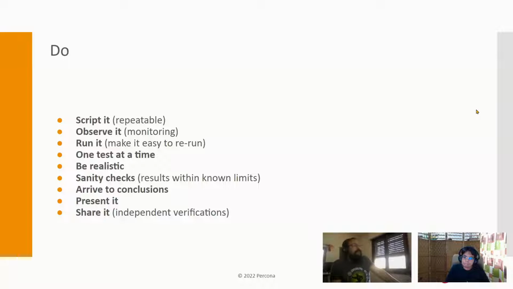Then sanity checks. This is somewhat related to being realistic. Like in my benchmark, I see numbers that exceed the capacity of my storage, for example. I know my storage can do 1,000 IOPS of 16 kilobyte random reads and writes, and I see 5,000. Something is wrong. That number is wrong, and the likely reason is I am hitting some cache, and so I'm not testing the IO, I'm testing the cache. So sanity checks help us